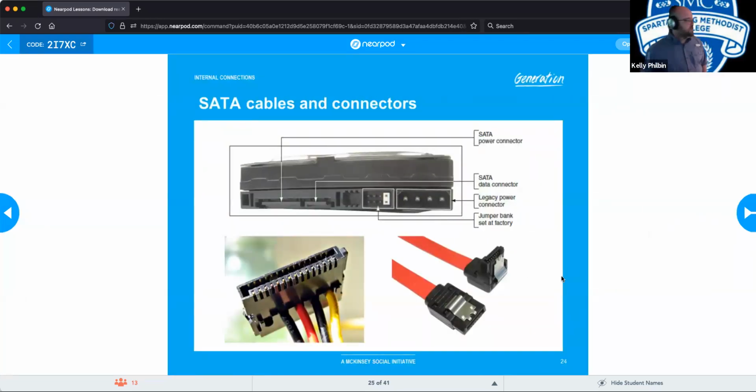All right. Here is a look at a SATA connection port. You can see that nice little L shape that you keep hearing us talking about right here. And then you can see that internally on the wire itself right there, and also right here. So you see that L shape, that should immediately point you to a SATA data cable. The power cable looks a little bit different right here, but it is easily identifiable as the black connector on your power supply,